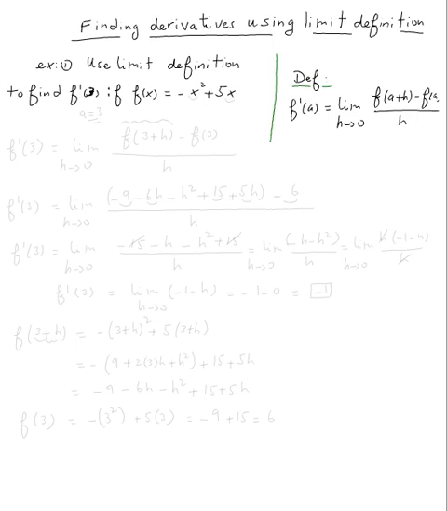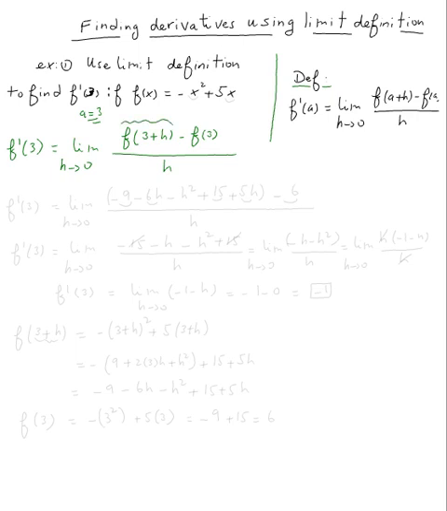Use the limit definition to find f prime of 3. According to the definition, f prime of 3 is equal to the limit as h approaches 0 of f of a plus h. In this case, a is equal to 3. So f of 3 plus h minus f of a, which is f of 3, divided by h. It's just the definition. And now to do that, we need to find first f